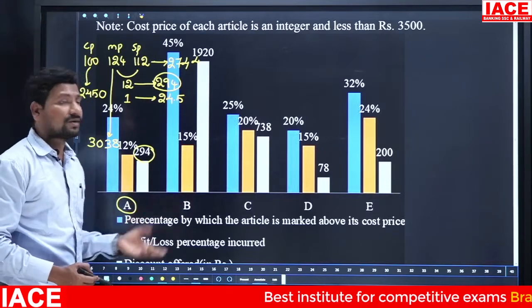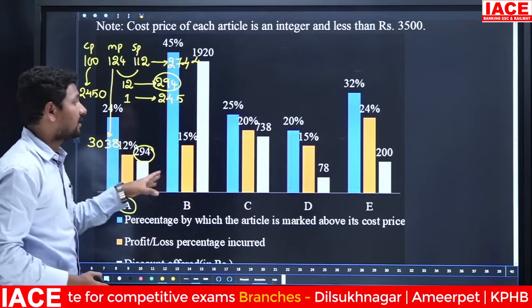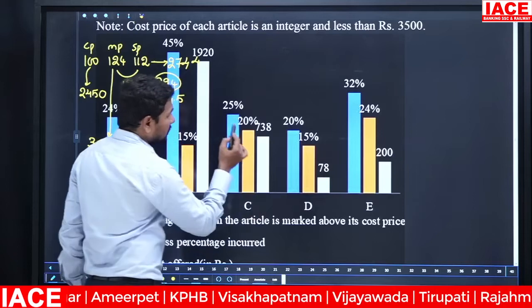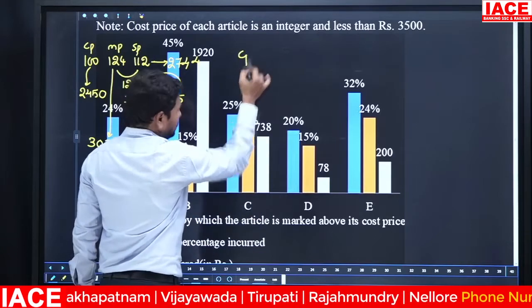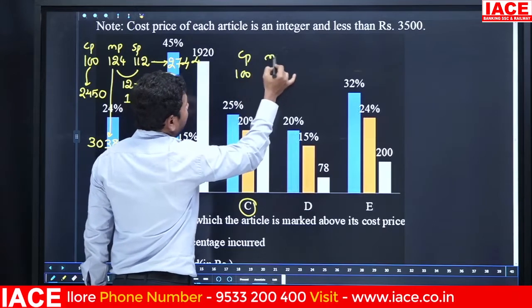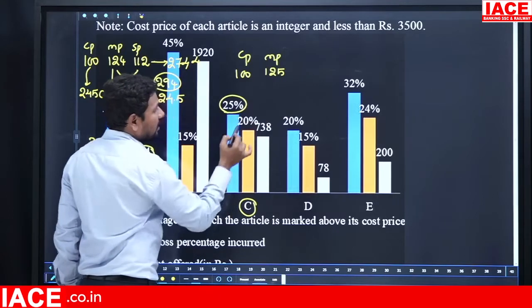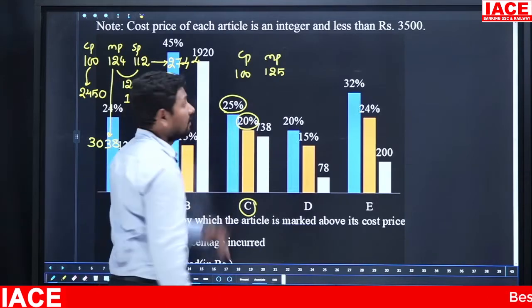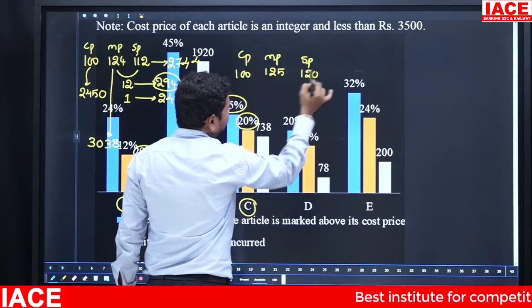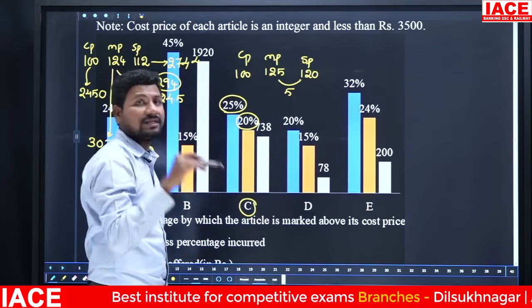We have to focus, but we have to take a decision. The cost price should be less than 3500. For that, you can take the profit or loss. For example, I am calculating for C. Cost price is 100%, market price is 125 because it is a 25% increment. Now he is taking a 20% profit, so SP is 120, and the difference from 125 is 5 rupees discounted. MP to SP means 5 parts discounted.